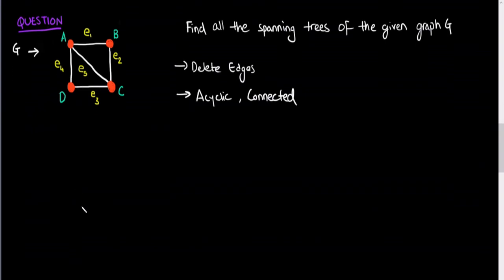So first thing to observe is, if we delete either of E1, E2, E3 or E4, only delete one edge out of these, you see that your graph is still connected because of that E5 in the middle. You have a C3 in your graph, right? A cycle C3 in your graph. That means we have to delete 2 edges to get an acyclic connected graph.